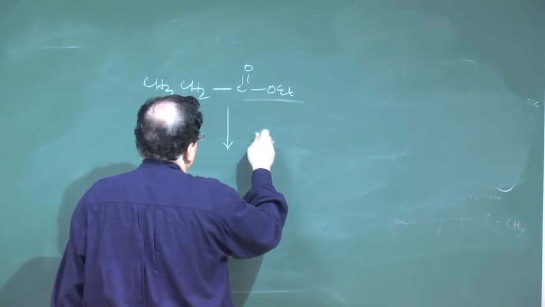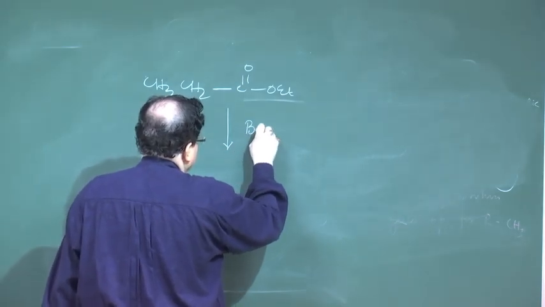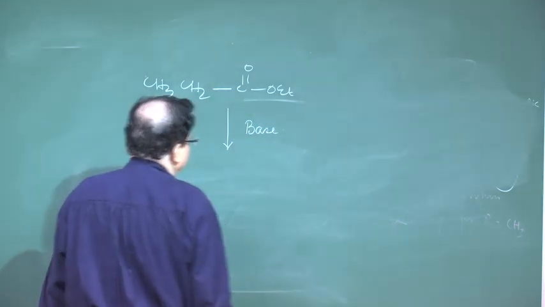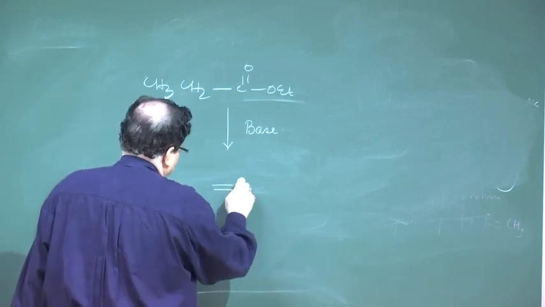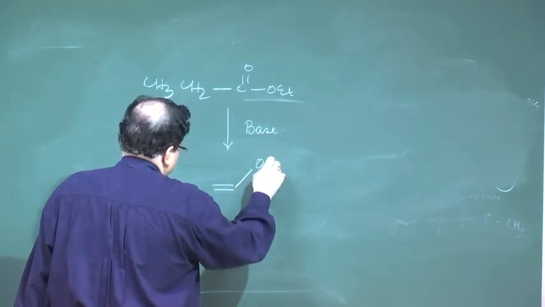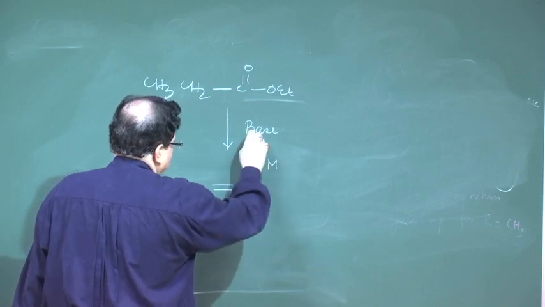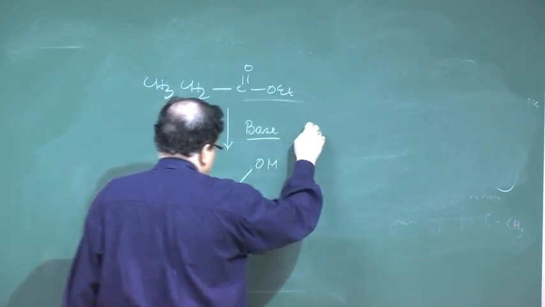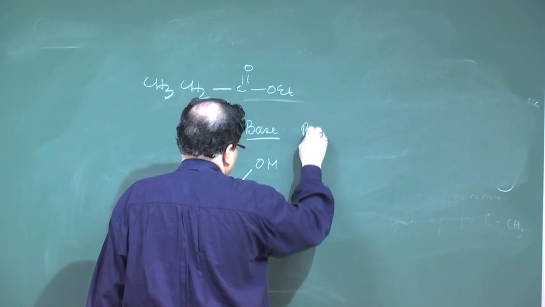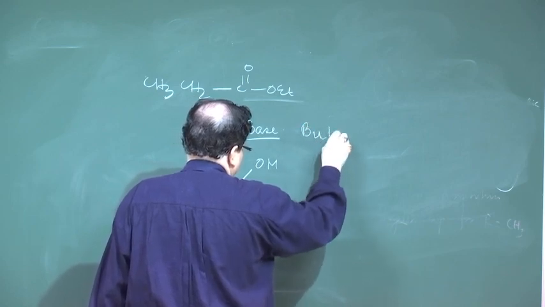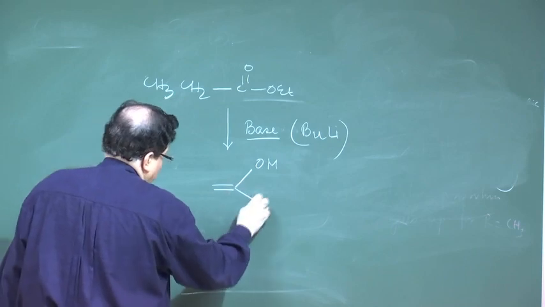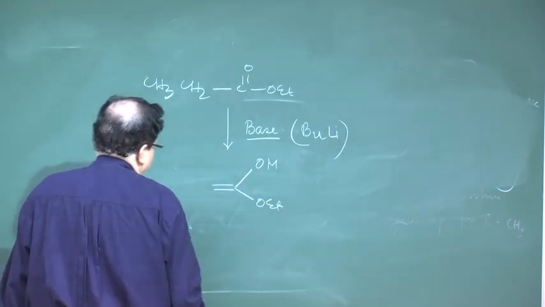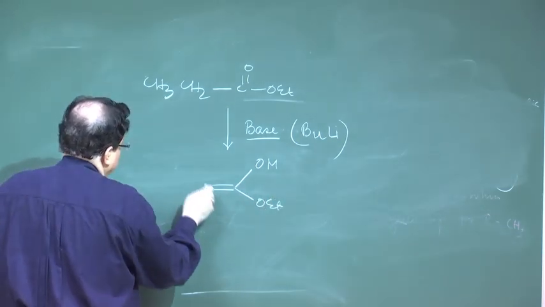So, you have to add a base, but these bases are usually organometallic reagents, like alkyl lithium, butyl lithium suppose. So, this will be the metal, and this will be OEt, and then depending on the substrate,